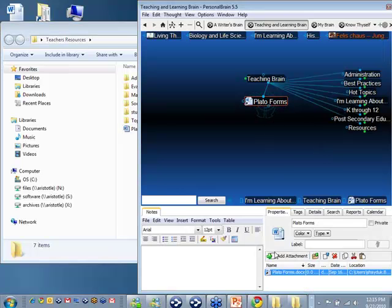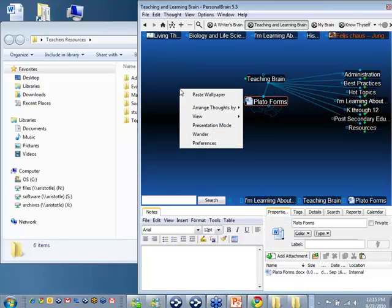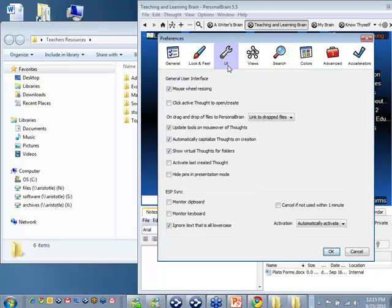one of two things. When I do that, I can right-click on the file and move it in. Or I can go to Preferences and go to the UI preferences, and right there it says on drag and drop files of personal brain will link, which means I'm just creating a shortcut to where that file exists on my desktop. Let me go ahead and change this. I actually do have this changed for my own brain because when I'm dragging and dropping something into my brain, I'm moving it in. But we don't want to be that presumptuous